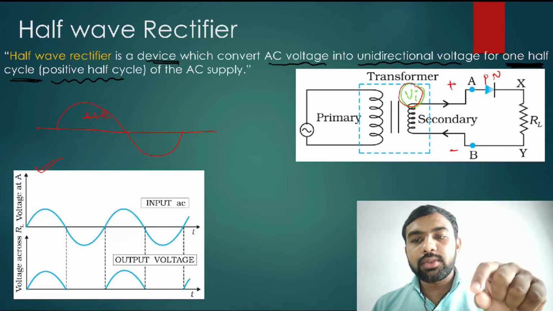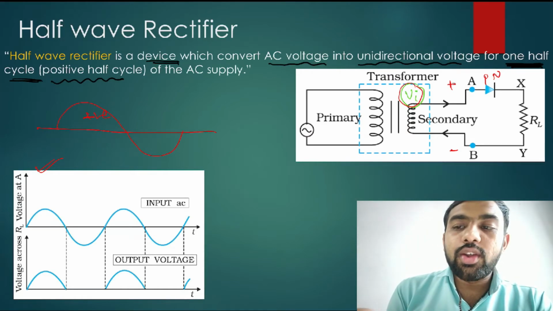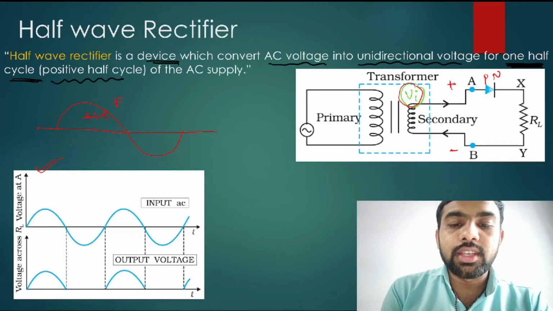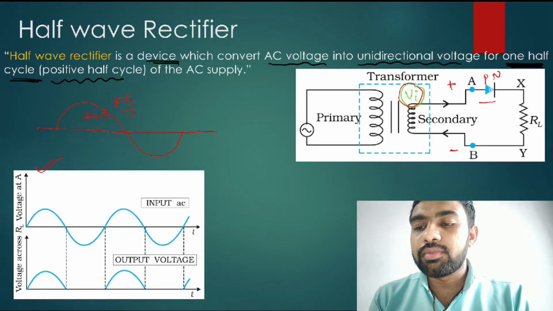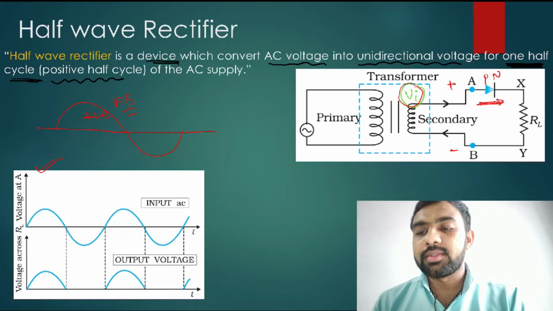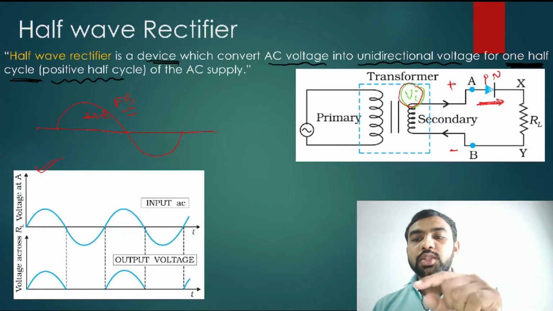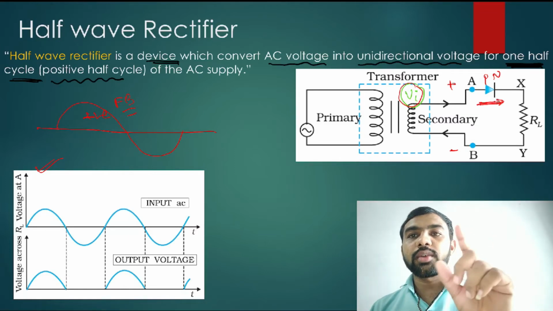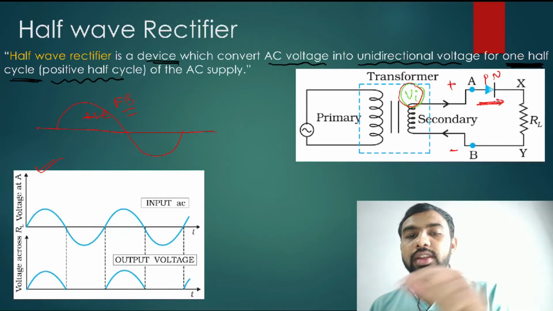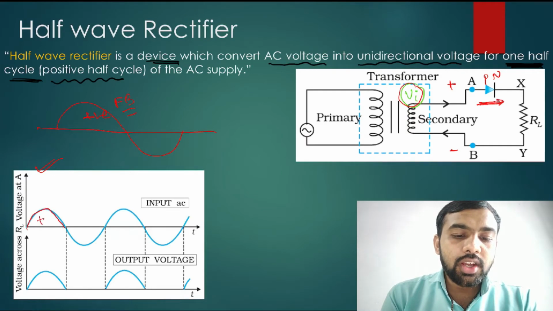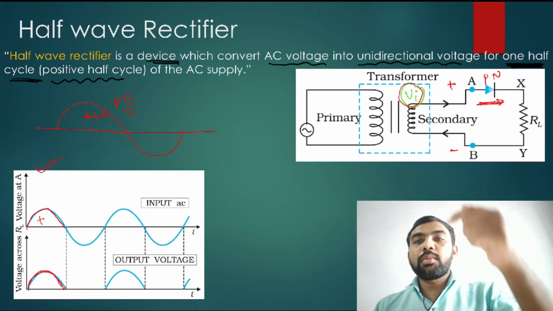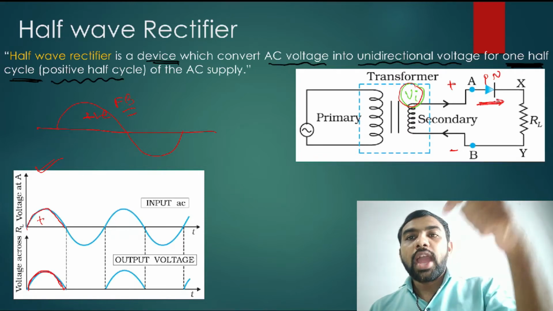When you apply the positive side to A, the diode is in forward bias, meaning the current flows through it. So at that time current flows through it. When you write this topic in your books, use two pens. One is for the positive half cycle. Here the red portion gives the positive half cycle. In this way current is passed through it, that is the input voltage, positive cycle. Current is passed from X to Y.